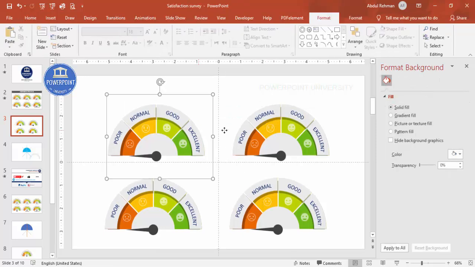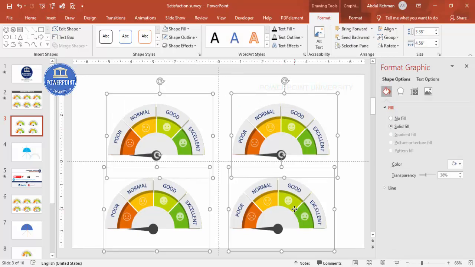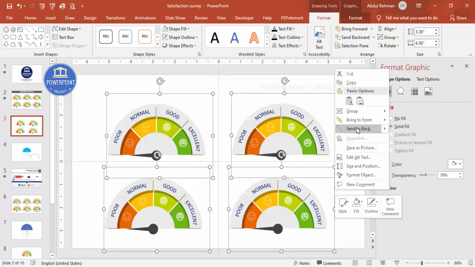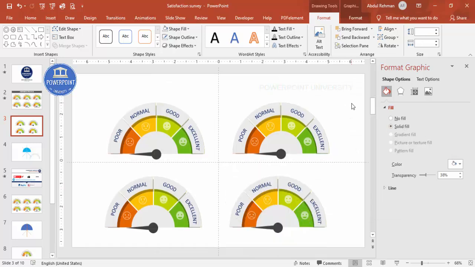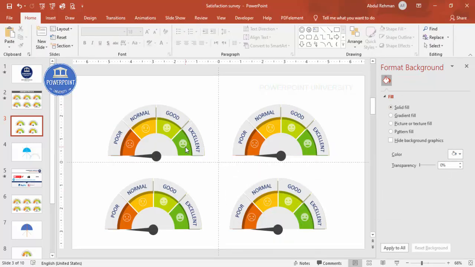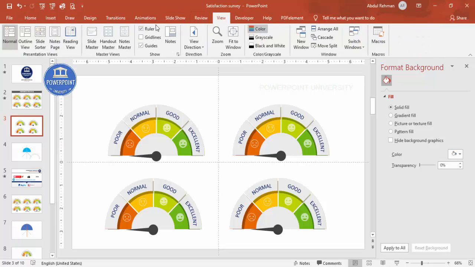Now what I'm going to do is I'm going to select all this by holding the shift key and then right mouse click and ungroup it. Okay, because when you group it, you cannot do the animation. So before adding the animation, let me just remove these guides. It's disturbing me actually. And then you can add any text here.